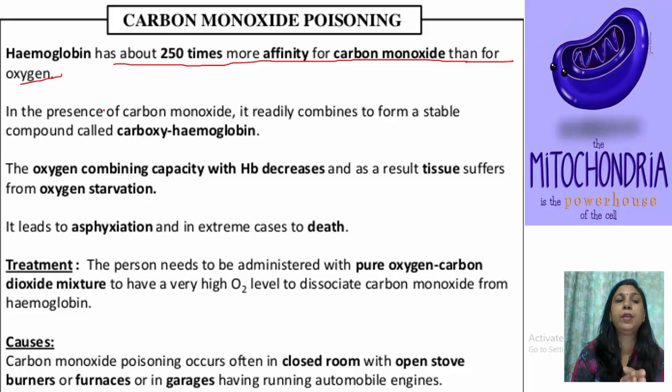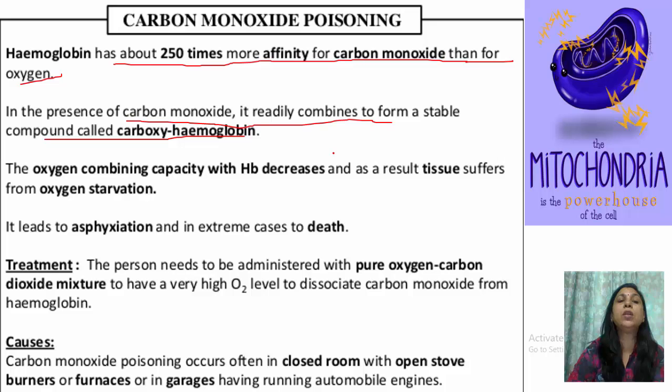Actually, hemoglobin is the carrier of this oxygen to each and every part of the cell. But suppose the air which we are inhaling has more carbon monoxide and less oxygen. If both gases are available, the hemoglobin opts to go for carbon monoxide because it has more affinity for carbon monoxide. In the presence of carbon monoxide, it readily combines to form a stable compound which is called